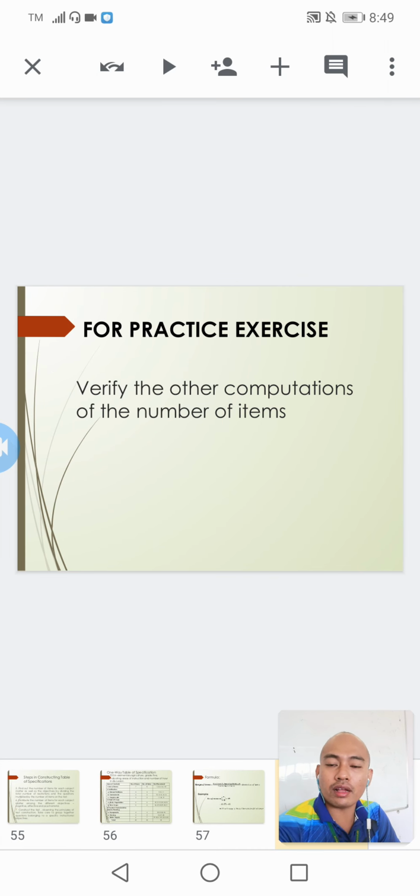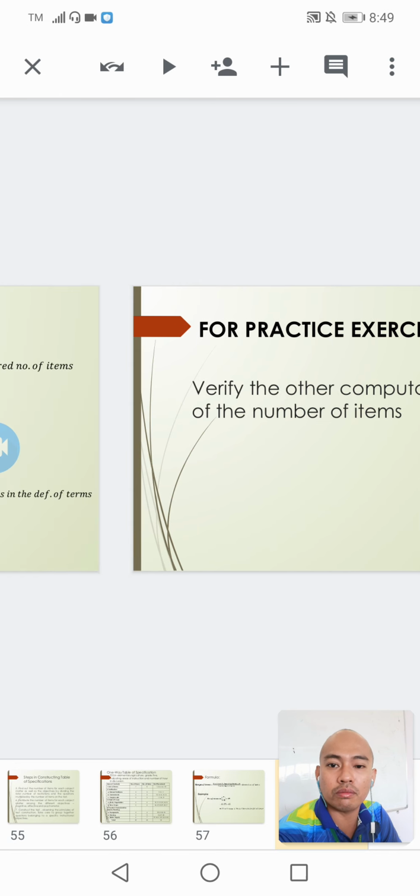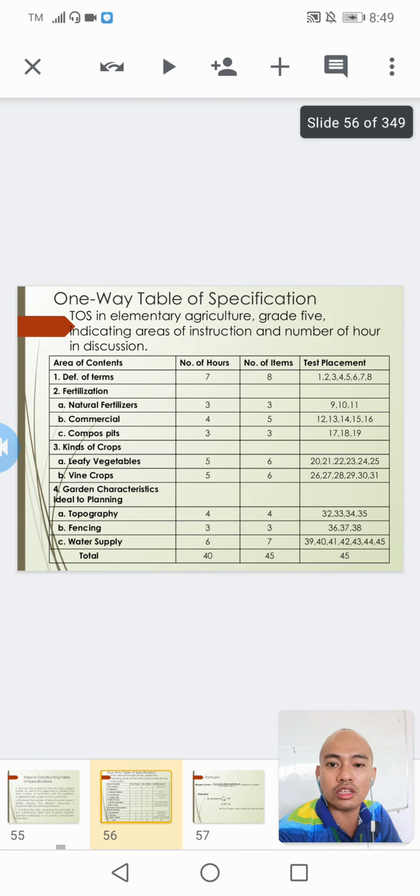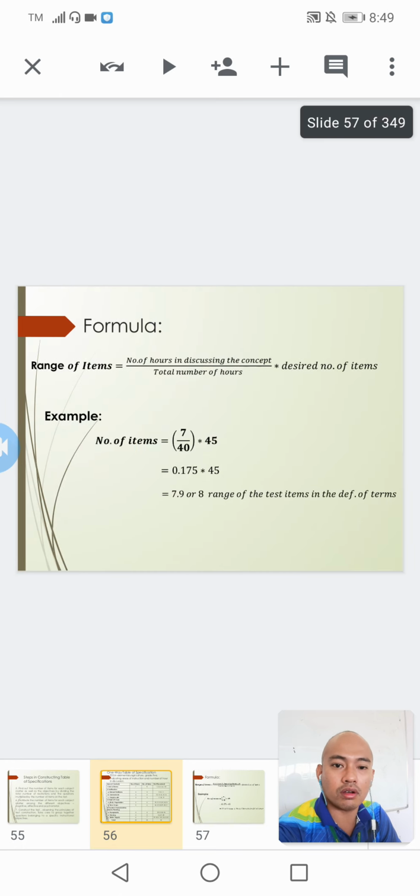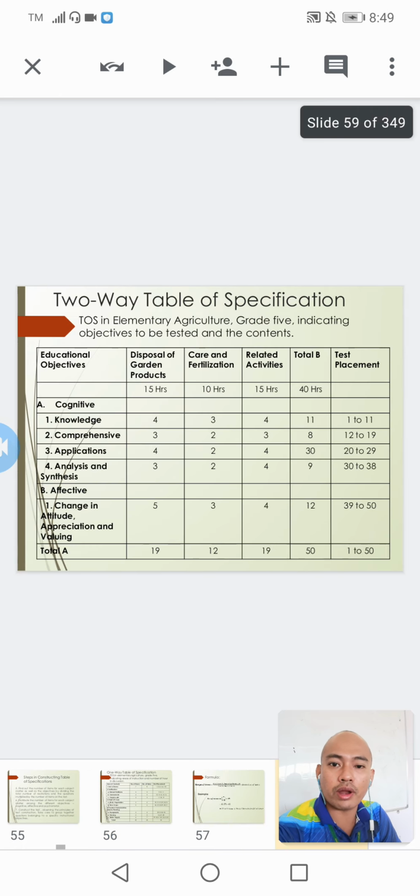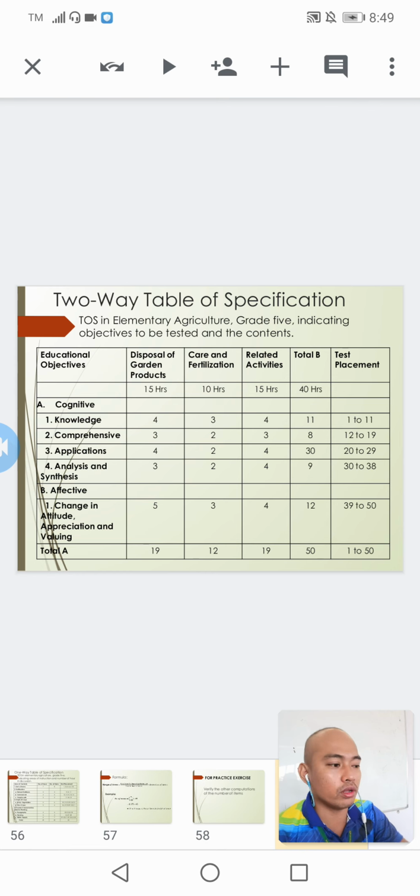So for your practice exercise, I want you to verify the other computations of the number of items in this given example. Verify 3, 5, 3, 6, 4, 3, 7 as the number of items of these next topics. Okay? So this will be your practice exercise. For your two-way table of specifications,